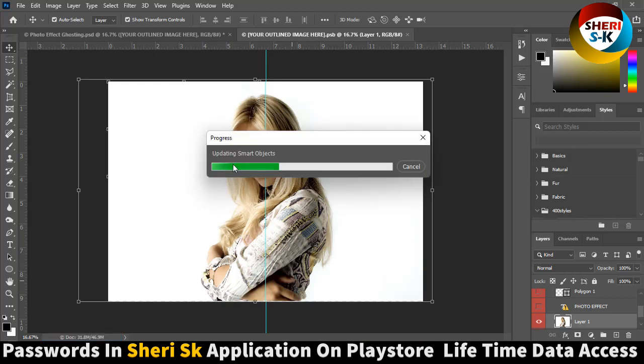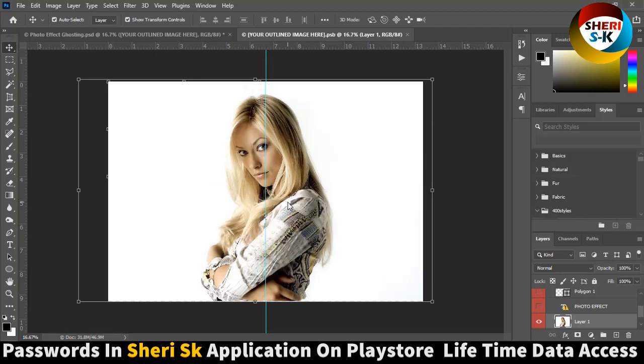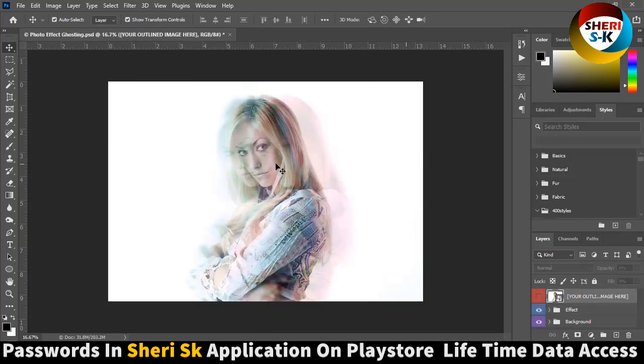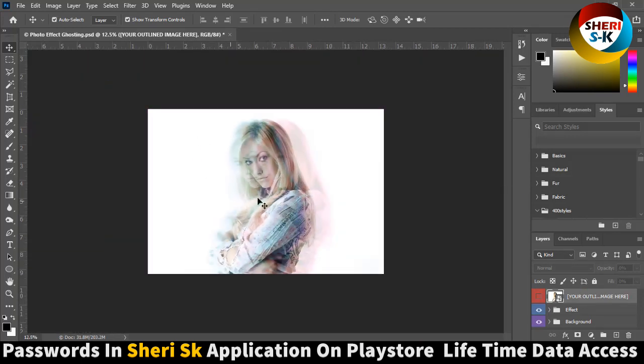Updating Smart Object. Please wait here. Close it and you see here is the effect. Wow, I hope these are